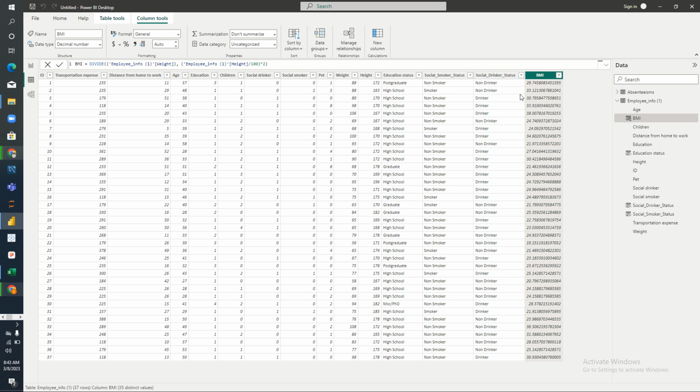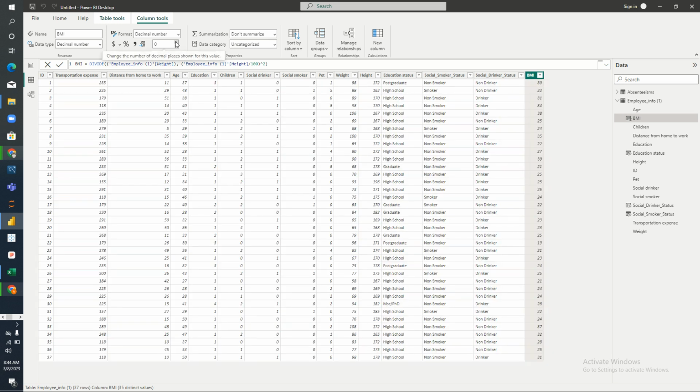So when we look at this now, we have 29.745 and so on, which is too much. So right here, you can just come to where you have this auto and change it to one decimal place. Yes. So we have 29.7, we have 33.1, we have 30.8, we have 33.9. Okay, so I think we've settled the